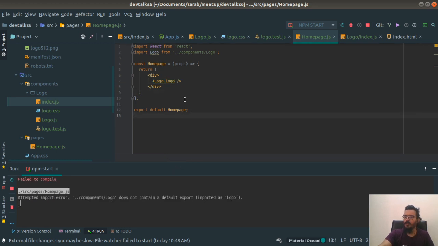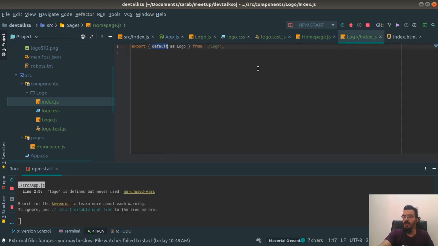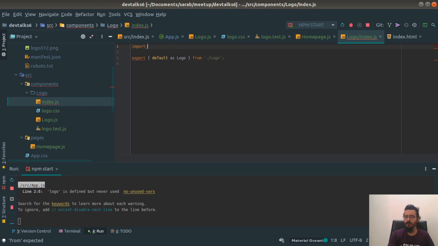It does not continue, because we are not exporting anything as default, so we cannot import it like this. We need to import this in this way. If we still want to use default export, but I do not recommend that, use named export instead of default export. But if you want that, you can do it with a separate command, because export doesn't support that. Logo from